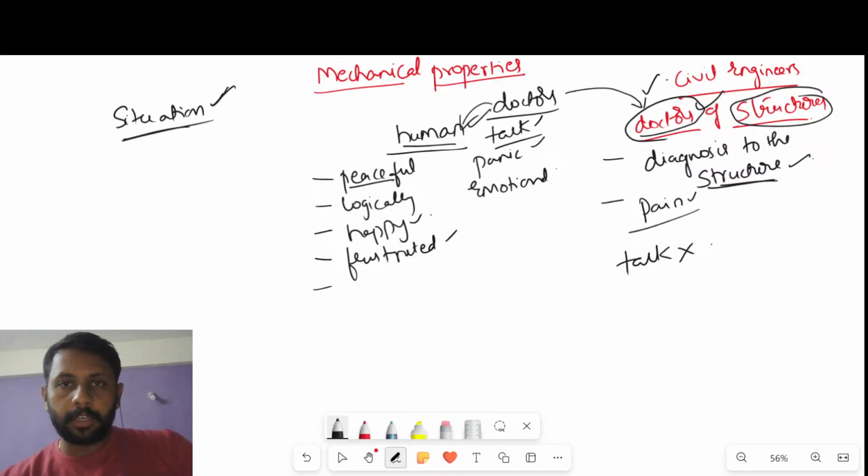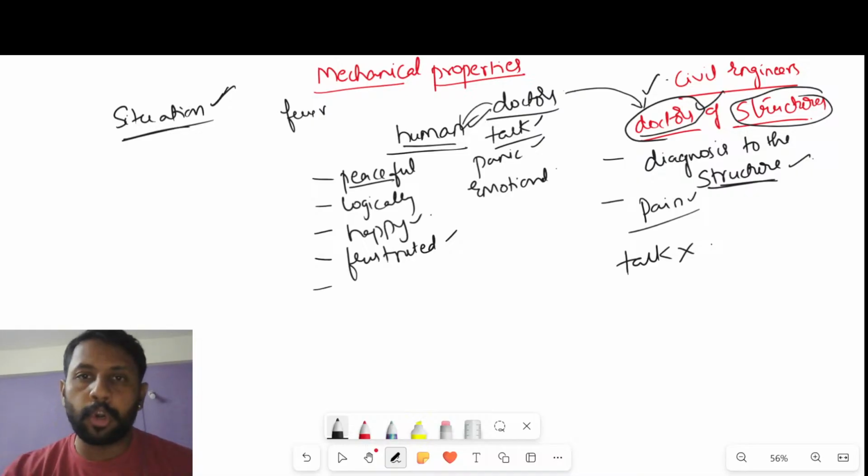They will go to the doctor only when they have pain. If you are having fever, or stomach pain, or headache, or some other pain, if you fall, or if you have something else, you go to the doctor and you